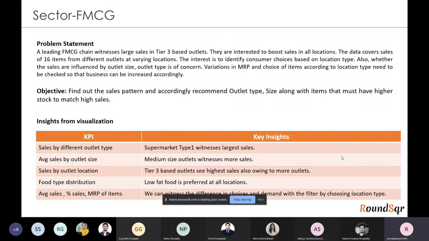So now this is a leading FMCG chain which is witnessing high sales only in tier 3 based outlets, but they are also interested to boost sales in all the locations. So our interest is to basically study the consumer choices, their preference for location, for outlets, and all the other things that we might have to look into to understand and boost the sales in all the locations. So moving to the dashboard,